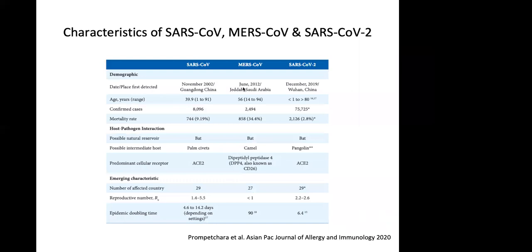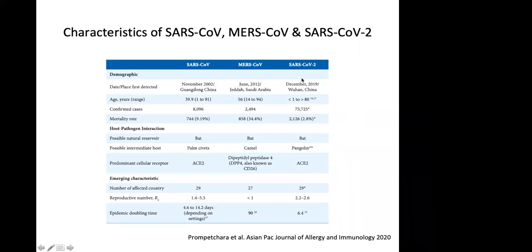So again, looking at the differences between the three coronaviruses, we all know that MERS was first discovered in Jeddah, Saudi Arabia. That was where the first case was reported. And then the possible natural reservoir is bat in all of them. In terms of receptor, where the virus would attach itself to the host cell and gain entry, it is essentially the same in both SARS viruses. And because of the similarities between the SARS virus and the virus that causes COVID-19,